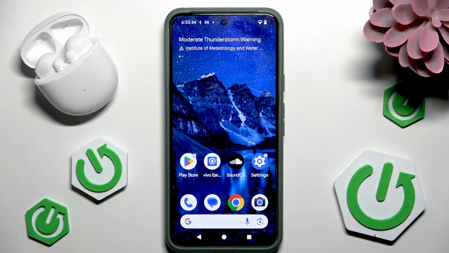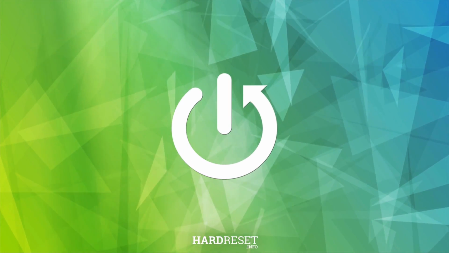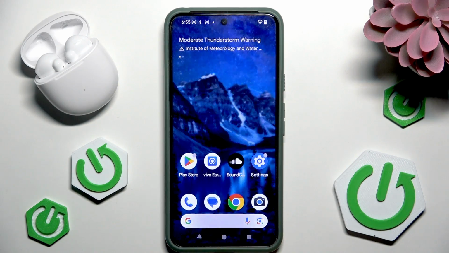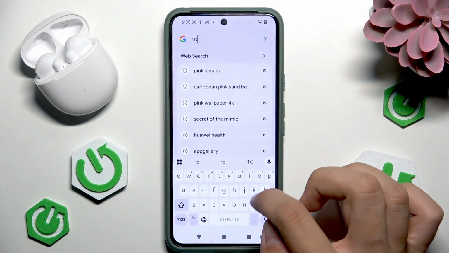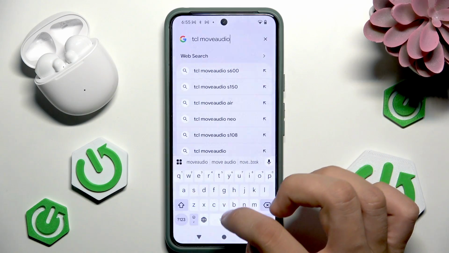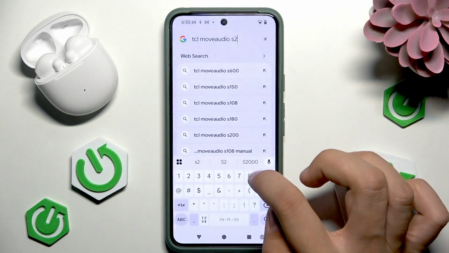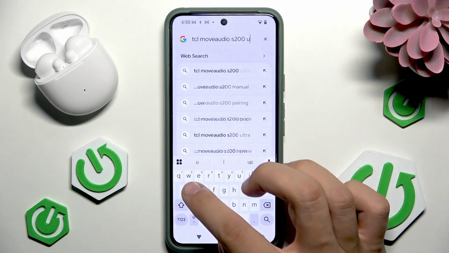In today's video I'm going to show you how to find the user manual for the TCL MoveAudio S200. Firstly, we have to open the web browser and then here we have to search for the TCL MoveAudio S200 user manual